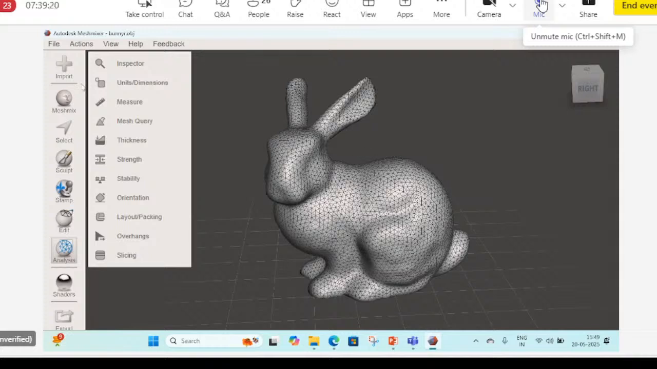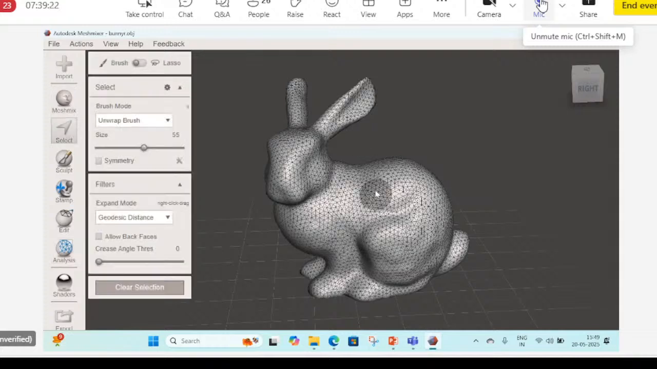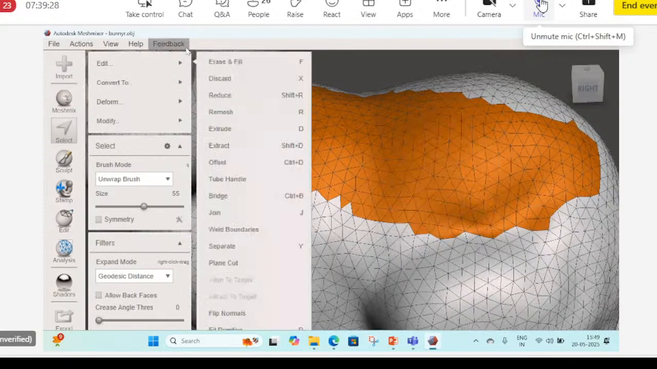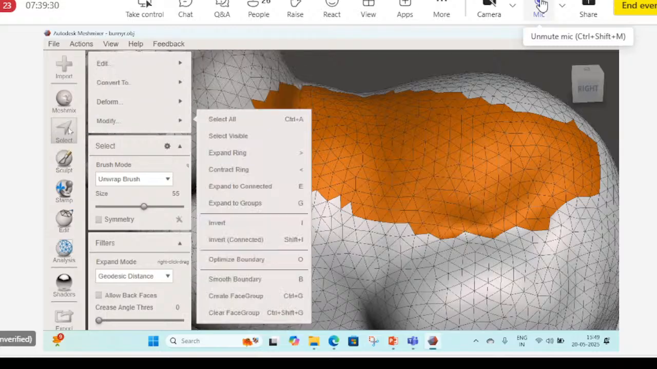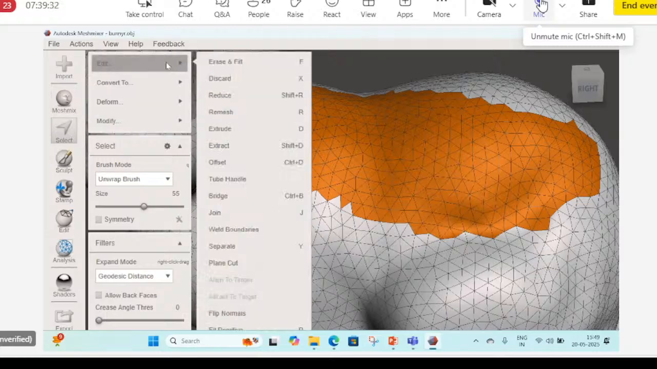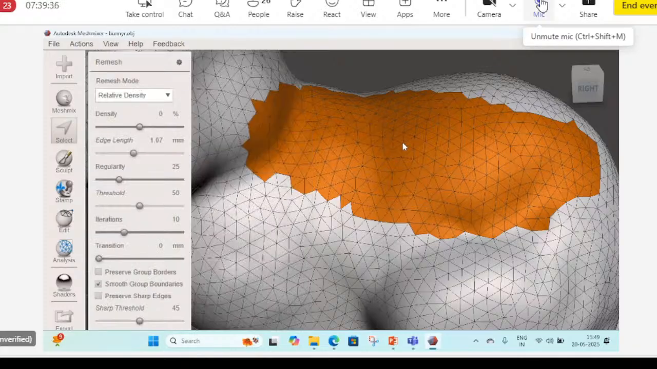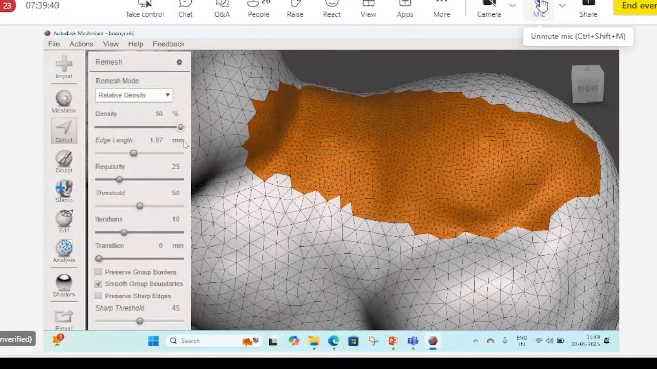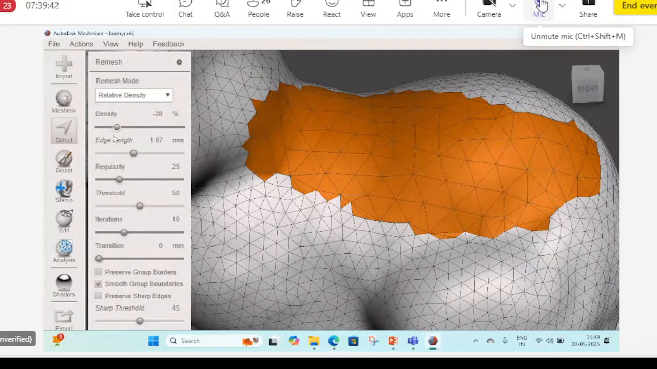Now what I will do, suppose I want to remesh this area. So after selecting it, I can go into Edit. I can also remesh it, right? Remesh means I can change the density. I can change the size of the triangles,